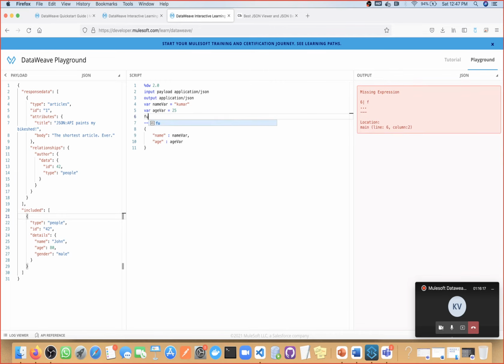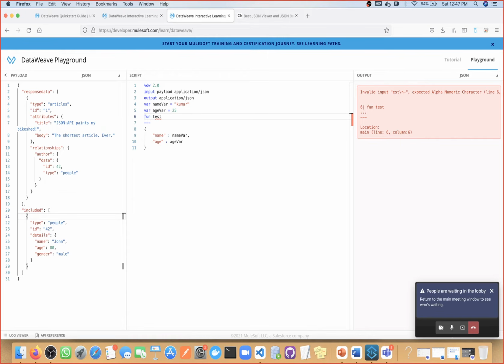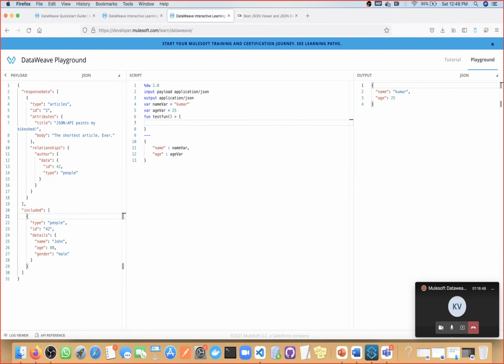For function, we have the keyword fun, then the function name, let's say test fun. Now you need to define the input parameter. If your function needs an input parameter, then you need to define it. If your function doesn't need any input, then don't give any input parameter. For now I am going to define one function without an input parameter. Then the syntax will be equals to, and then what your function will do. So my function will create one JSON payload which contains